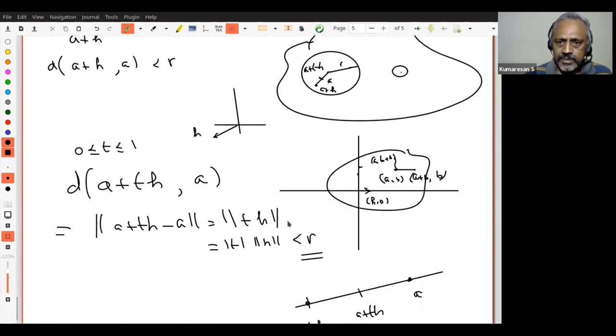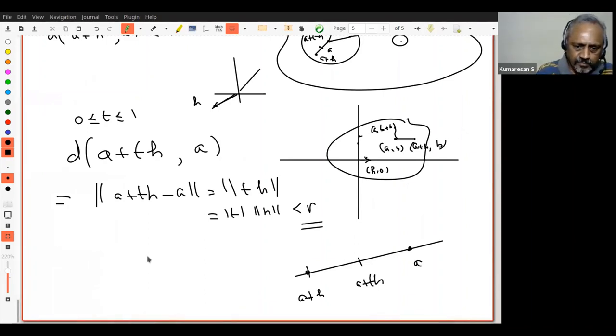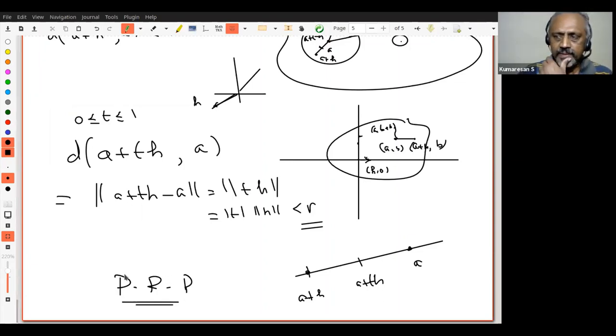So what I claim is that for any vector, I can go through A along this vector up to a certain length, and the segment will be completely contained in this U. Therefore, f at any of these points is defined. I give you 15 seconds, please go through it. Whenever you are in doubt, stick to R2 and the picture.